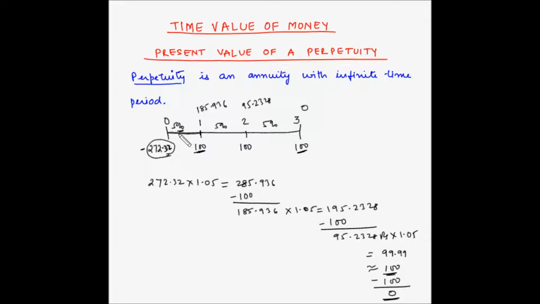For example, for the first year, the amount grew by 285 minus 273, which is approximately 13 rupees. And we withdrew 100 rupees. Then again next year, the balance grew by 195 minus 185, which is 10 rupees, whereas we withdrew 100 rupees. So that's why the amount of money with the bank is slowly diminishing and it becomes zero at the end